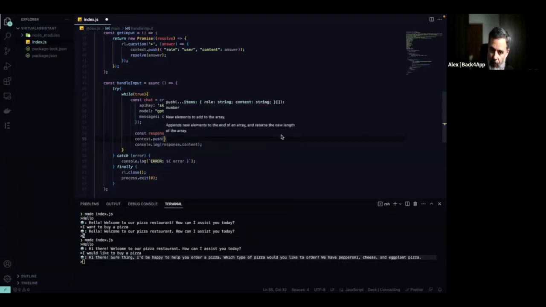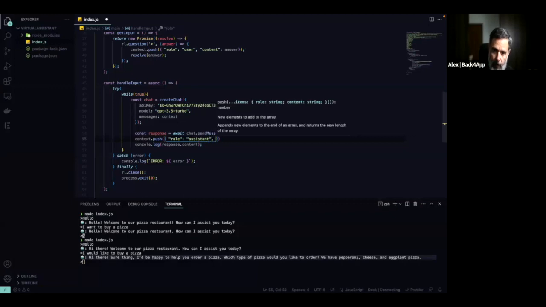So context dot push. Remember, push is how we put new objects into an array in JavaScript. The role will be assistant, and the content will be response dot content. Save it. Now, if we exit this,